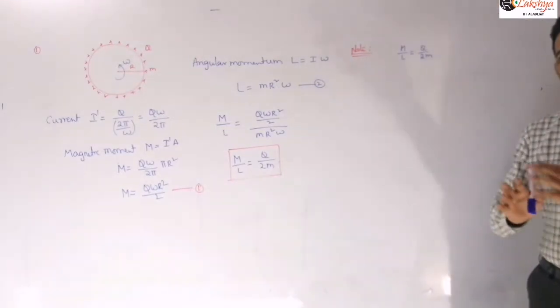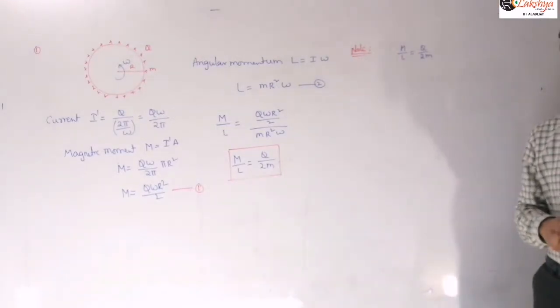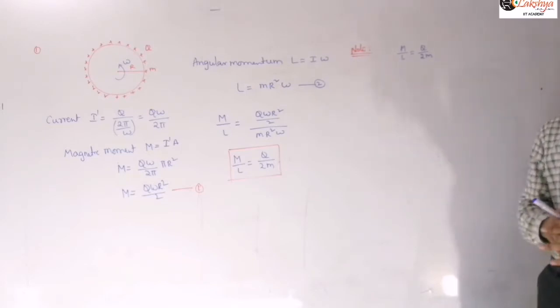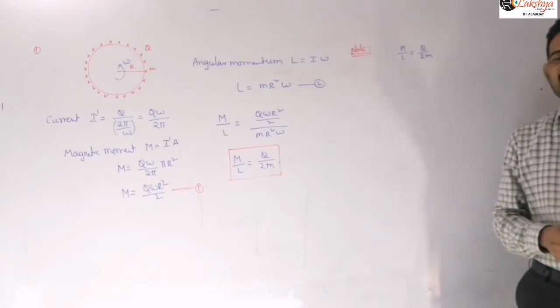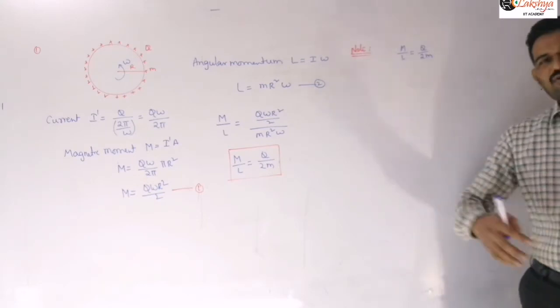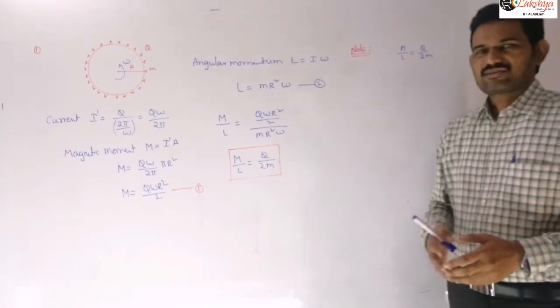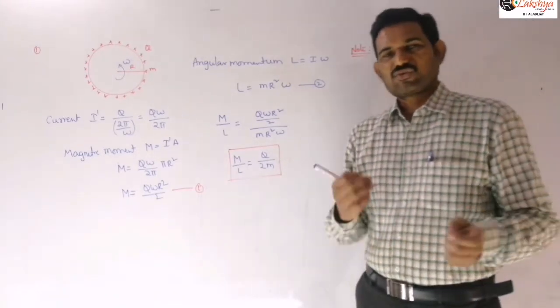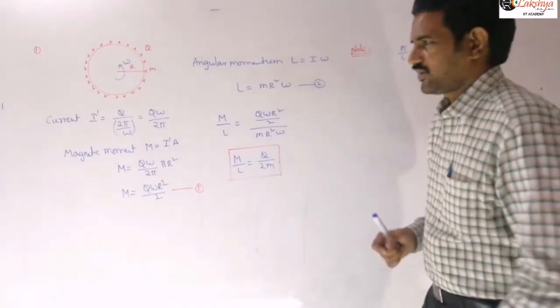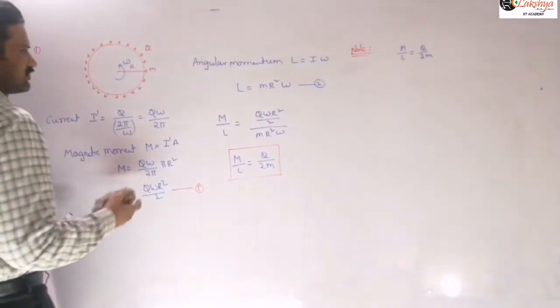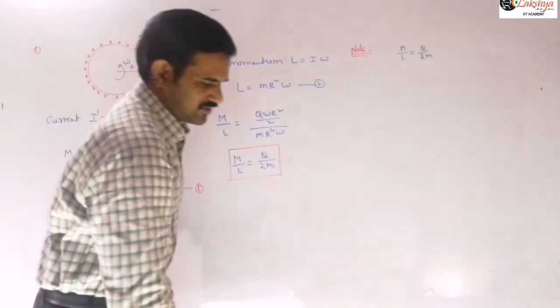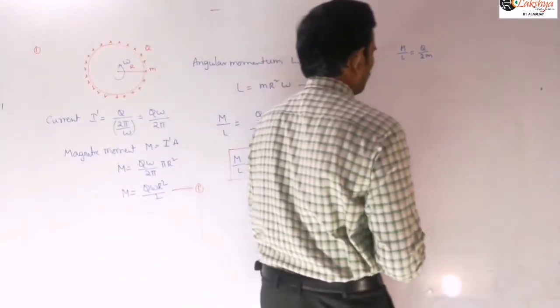So that means that ratio will be constant. It is constant for any object, right? Even considering from the micro level, from an electron to any large objects like a disk or a rod, for any such objects it will be a constant only. Now let us verify for an electron. Let us write this as the next problem.